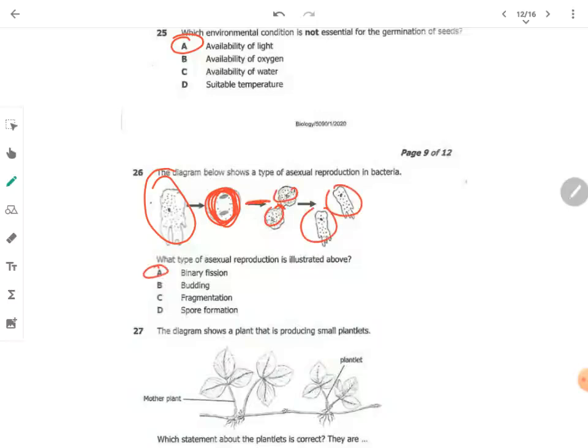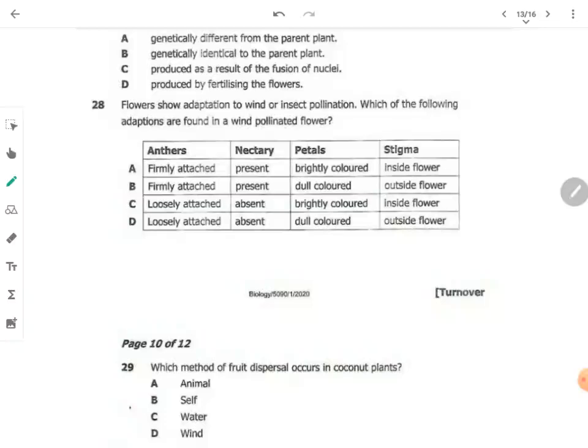27. The diagram shows a plant that is producing small plantlets. Which statement about the plantlets is correct? They are A, genetically different from the parent plant, B, genetically identical to the parent plant, C, produced as a result of the fusion of the nuclei, D, produced by fertilizing the flowers. What we need to know is that